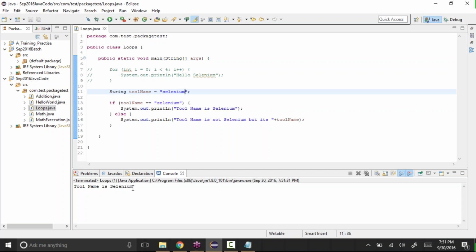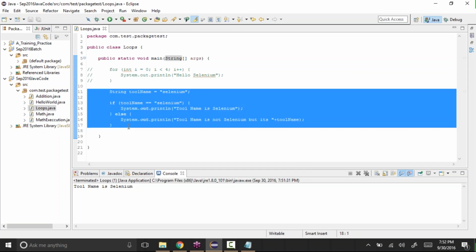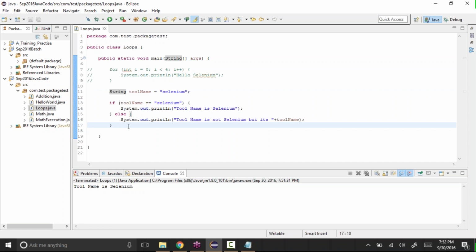So based on some condition, you can do some validations, like you can execute some set of code based on that condition. Okay, like this if condition or if loop. And you can have else if any number of times. Okay, you can have any number of ifs and else ifs.